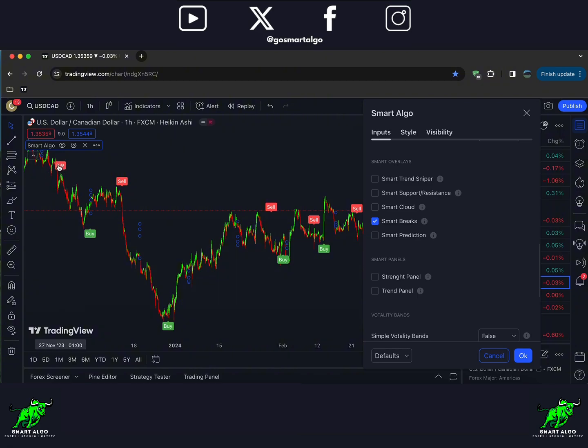So what BW means is bearish wick. And when you see the same signal but in green, that means bullish wick. So with smart break signals, we're essentially looking for those key breakout moments where the market shows its hand, revealing a trend that has the strength to continue. So in this case,